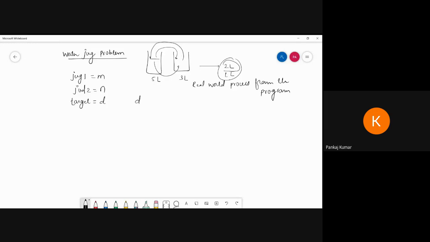This D will always be less than M. It cannot be more, because M is the maximum one, and N is the minimum one. Among these we have to find out, so we compare D with M and N. This is the mandatory condition for the water jug, where we have to bring the water.